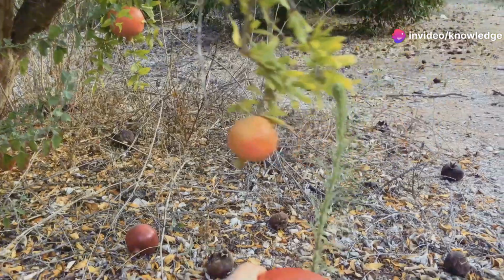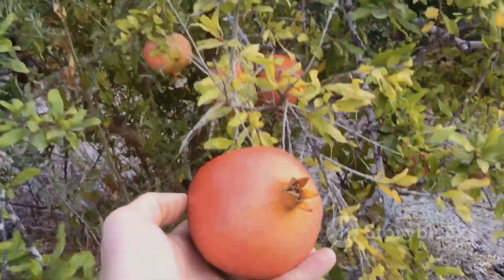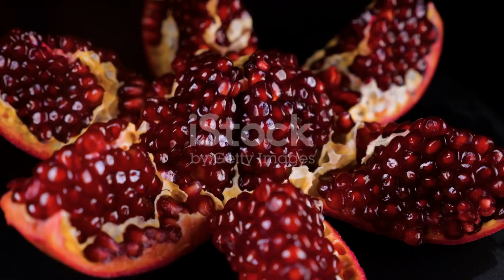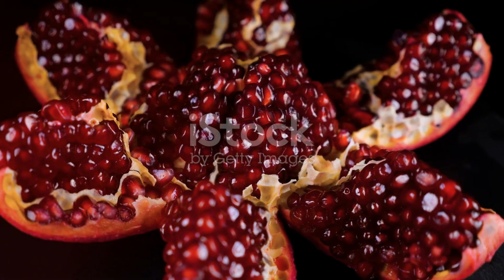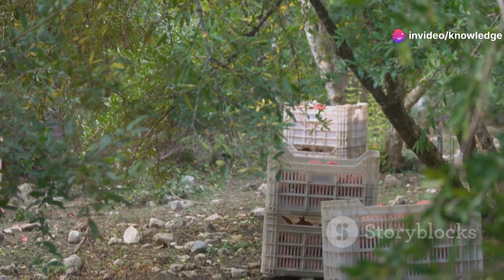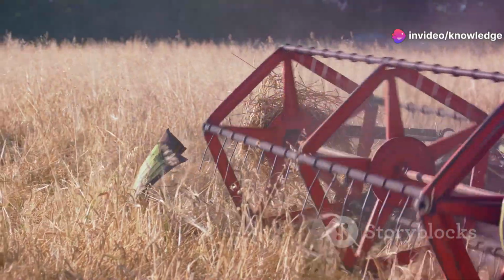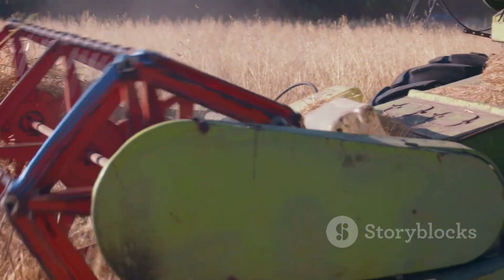Hey there folks, Mike Rowe here, ready to get our hands dirty with a crop that's as beautiful as it is beneficial, the pomegranate. These little red gems packed with juicy arils have been a symbol of health and prosperity for centuries. And let me tell you, getting them from the orchard to your table is a job that's tougher than it looks. Luckily, modern technology is lending a hand, making the process more efficient and ensuring you get the